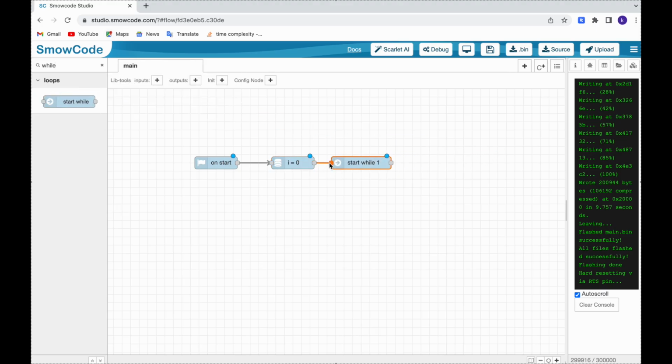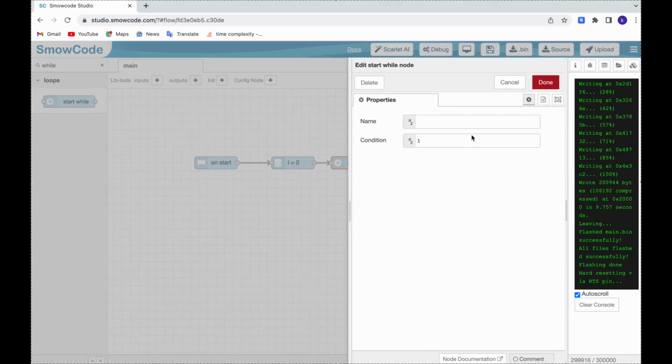And as you can see, we have the start while 1. So the condition here is 1, which means that it's always true, and this means that it'll always enter the while loop and it would get executed infinite times unless there's a break statement inside it, or a statement which breaks out of the while loop. So let's change the condition to I is less than 10,